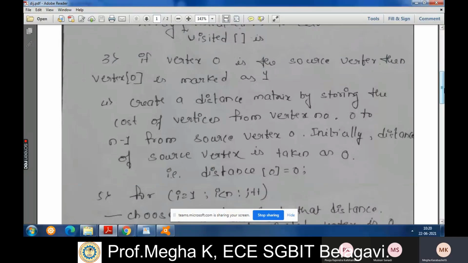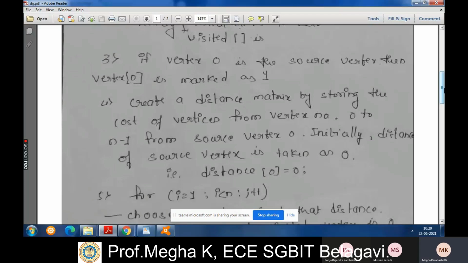Then you go to the next node, that is 1. After the calculations, we go to node 2. While going to node 2, the vertex 1 value becomes 1. I hope you are understanding this. After all the calculations for all the nodes, if any node's array value is not 1, that means that node is not yet visited.